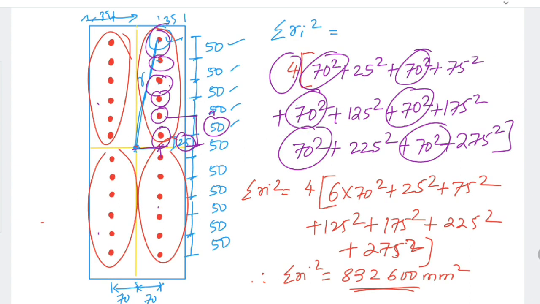Earlier we calculated the radial distance R, which is 283.77, already calculated in the previous step. Now I will be finding the important step, that is F1 and F2. So F1 I will be calculating here. F1 is equal to capital P divided by 2n, where n is the number of bolts. P applied on one bracket plate is 400 into 10 to the power of 3 Newton.